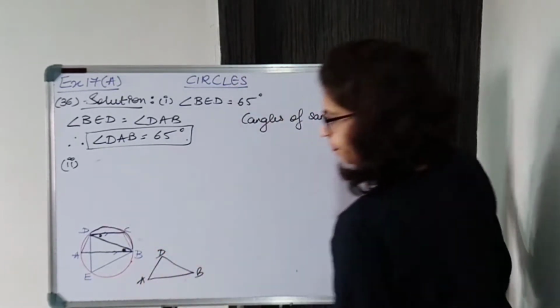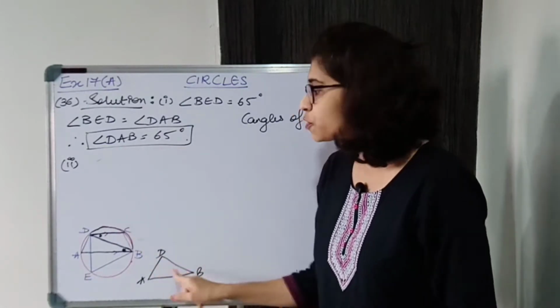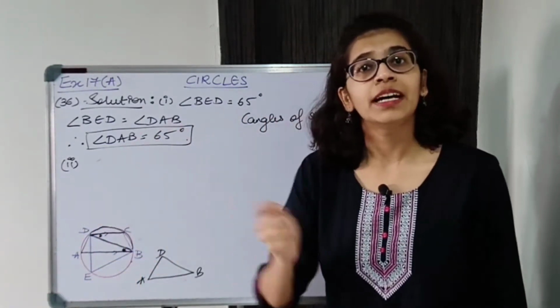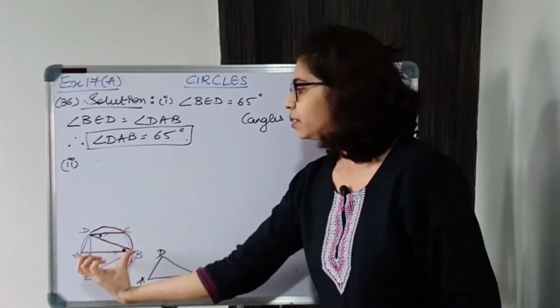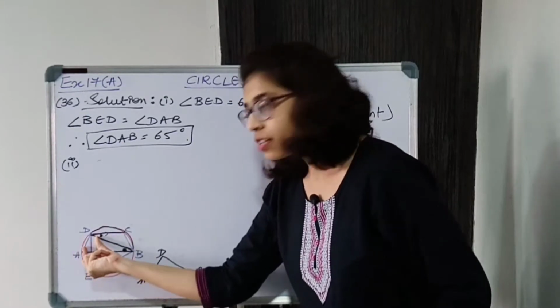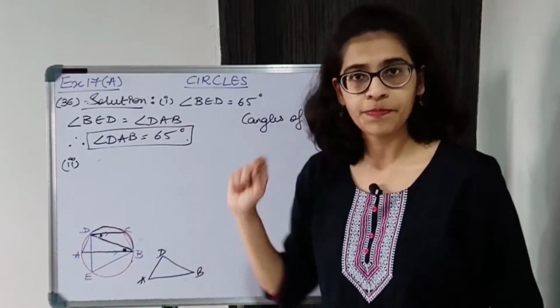ADB, okay. I know one angle DAB. ADB मुझे find करना है. ADB I can find easily because I know AB is the diameter. So we'll start with this AB part, okay. We'll find both the angles of the triangle, then the third angle, and then angle BDC, okay.